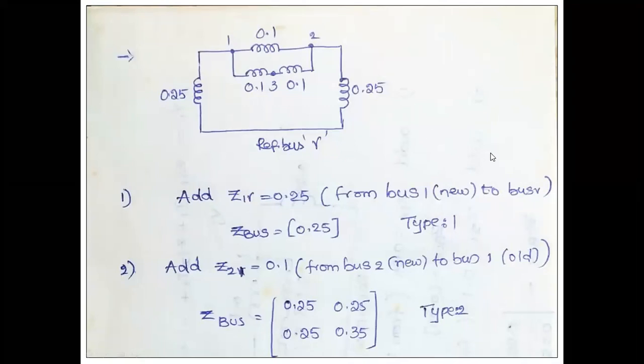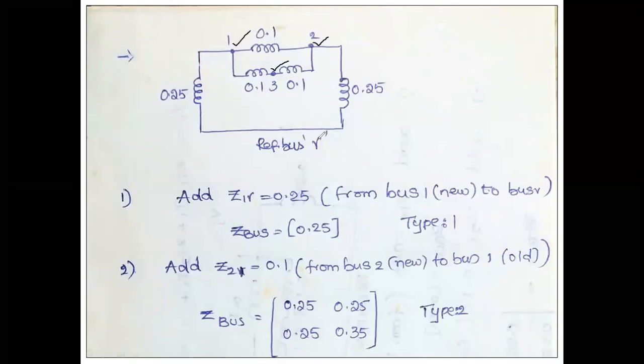Now this is the actual problem he has given. This is basically a 3-bus network: bus number 1, bus number 2, bus number 3, and this is a reference bus. The Z bus building algorithm is very important. The Z bus building algorithm consists of mainly 4 modifications. You require 4 steps for building that algorithm.